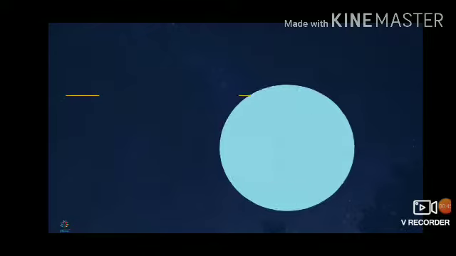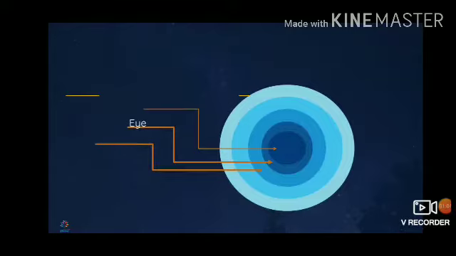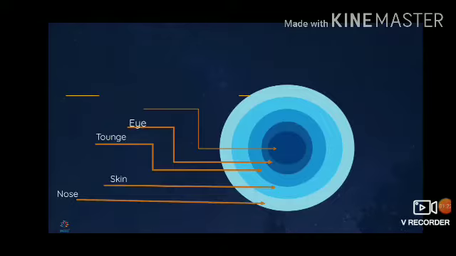Firstly, you all know the basic knowledge of sensory organs which are included in the human system. The 5 sense organs are included in the human system. First one is eyes, which help with visualization. Second one is tongue. This organ helps to sense various tastes. Third one is nose. This organ helps to smell. Fourth one is skin. This organ helps with the sensation of touch. And the last one is ear.